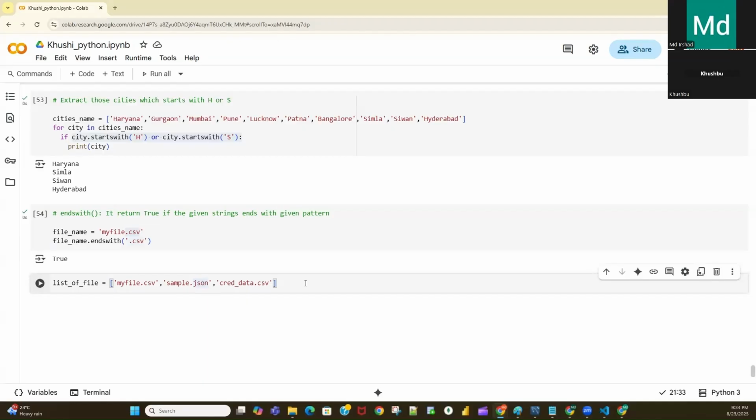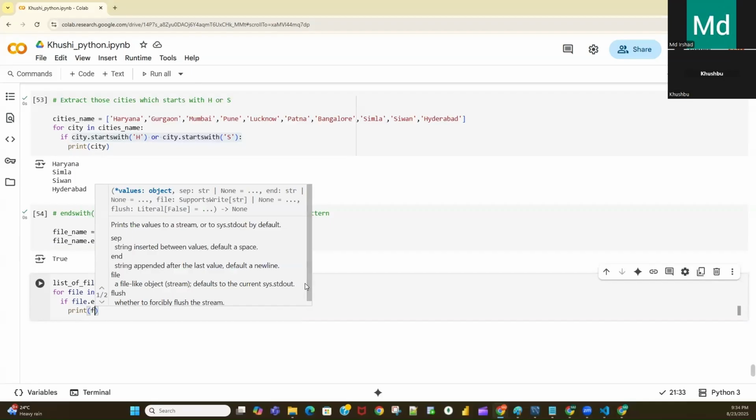So what I will do, I will again use a for loop: for file in list of files, then if file dot ends with dot csv, then print file.